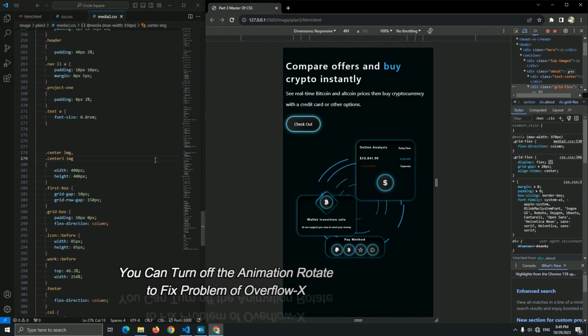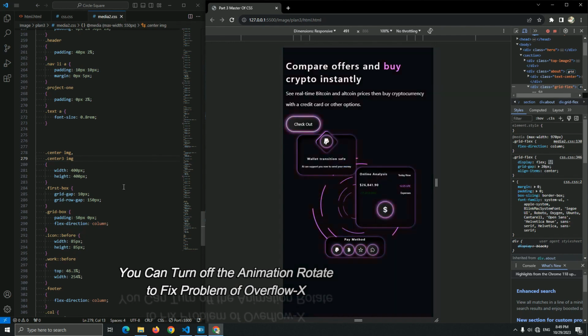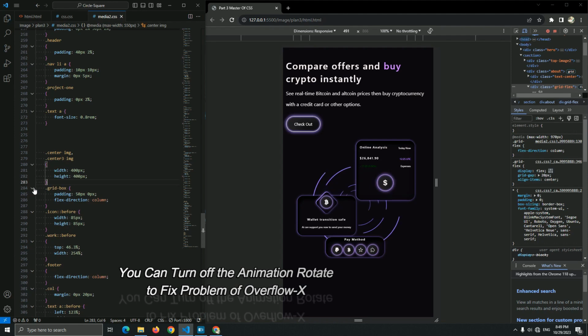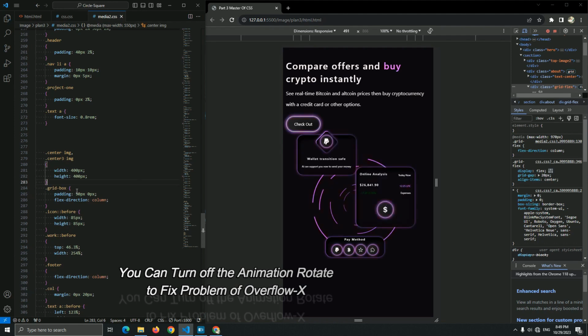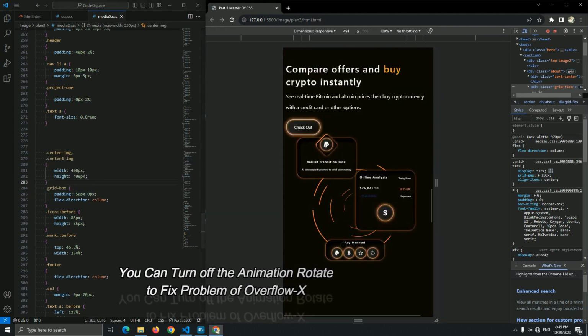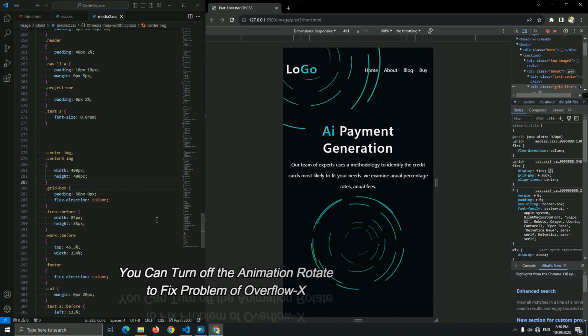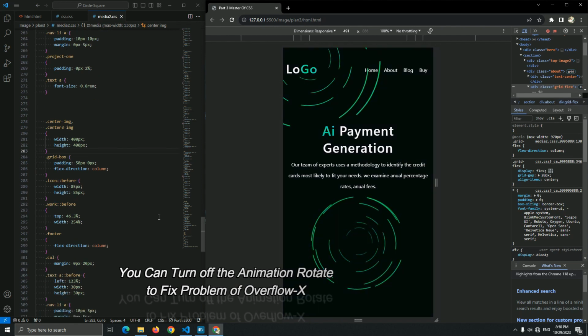The first box of this grid gap be a 10 pixel, and grid row gap, we don't have a first box. Let me just remove it. We don't have a first box, I'm sorry. Now the grid box, yes, the grid box of this, we have the flex section column and the padding 50 pixels for this. Here we go. Yes, this is good, I think.